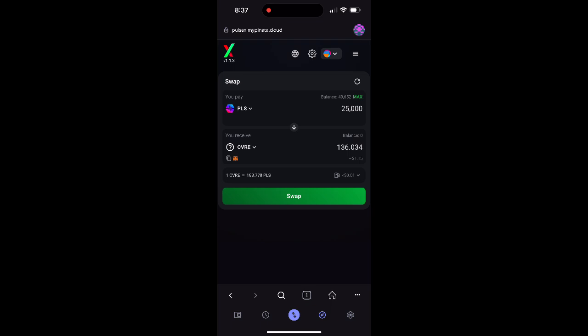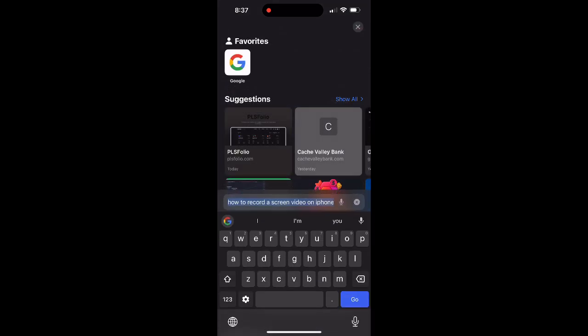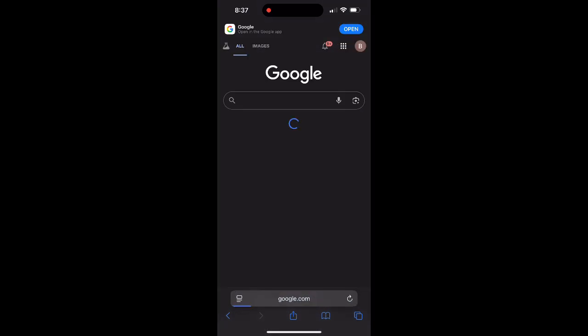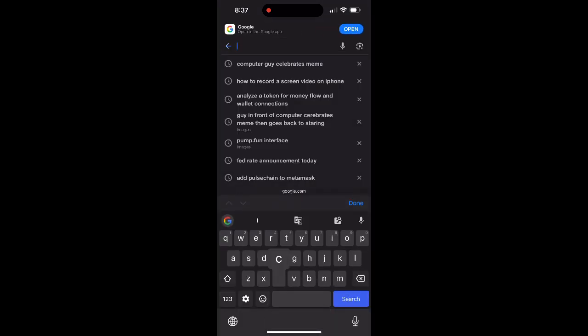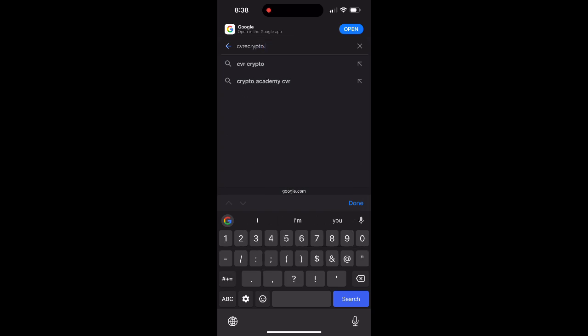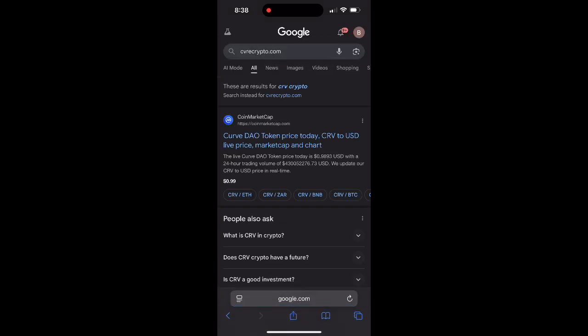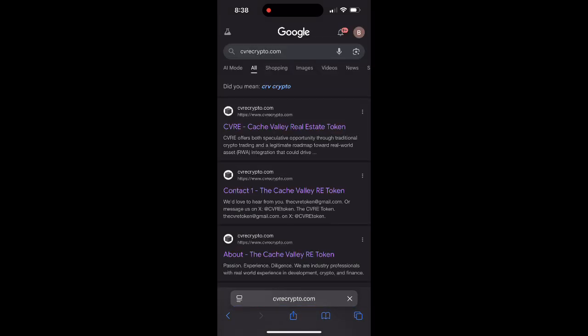So I don't have to go find the contract address, but let's pretend I did have to go find the contract address. In that case, what I would need to do is go to the website, which is CVREcrypto.com. You pull up that website, and the contract address is actually at the bottom of every page, but if you scroll down to the bottom of the home page, there's a link that says token,